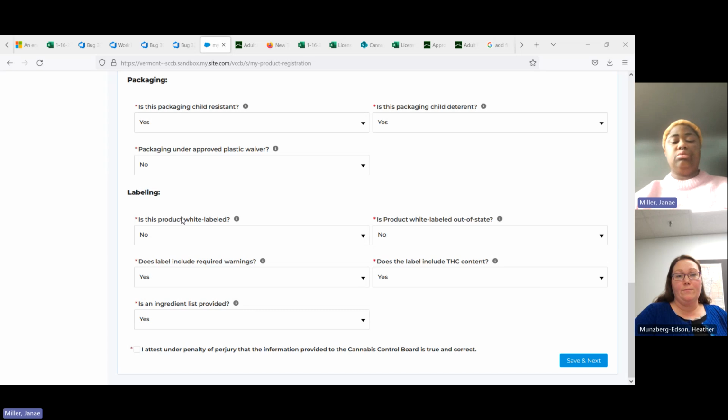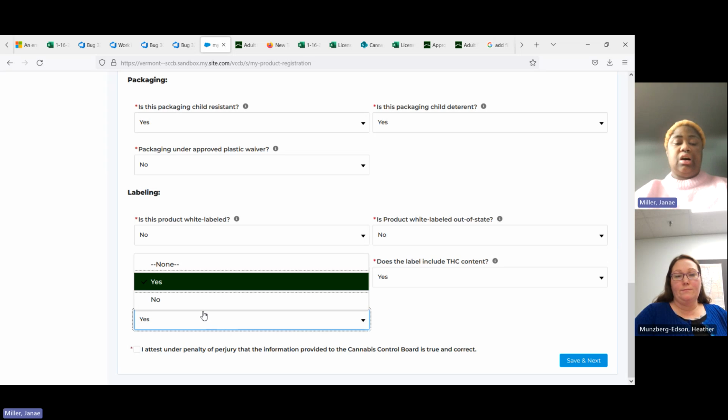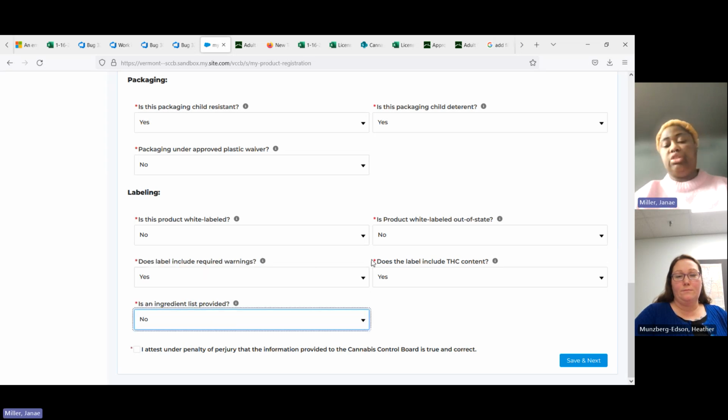And as long as my labeling is still consistent, this is a flower that we are amending here. So we do not need an ingredient list. We do need the required warnings, THC content, and we need to know if it's white labeled in state or out of state. Then you attest that this is true and correct information, and you are going to hit save